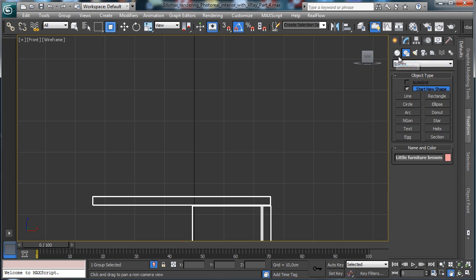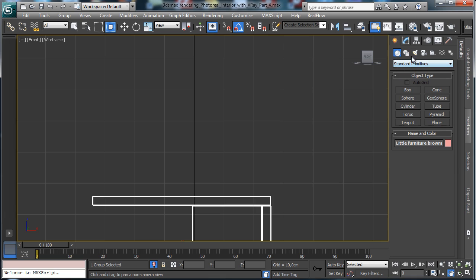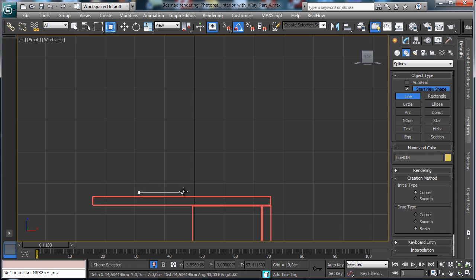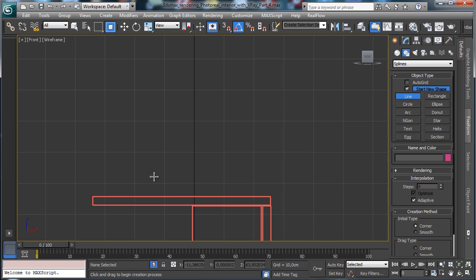So let's say that we use a line, and we go to have something like, let's say, we don't need the show line. Let's create something like that. Let's redo those spline because something stopped the creation, so let's create something like that. Okay, then we have something